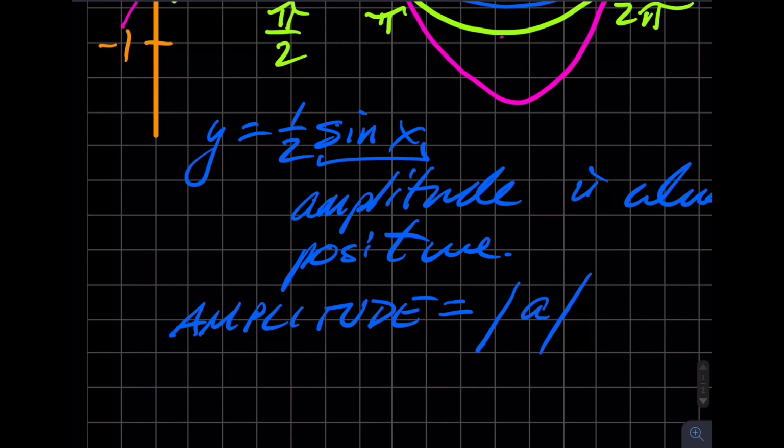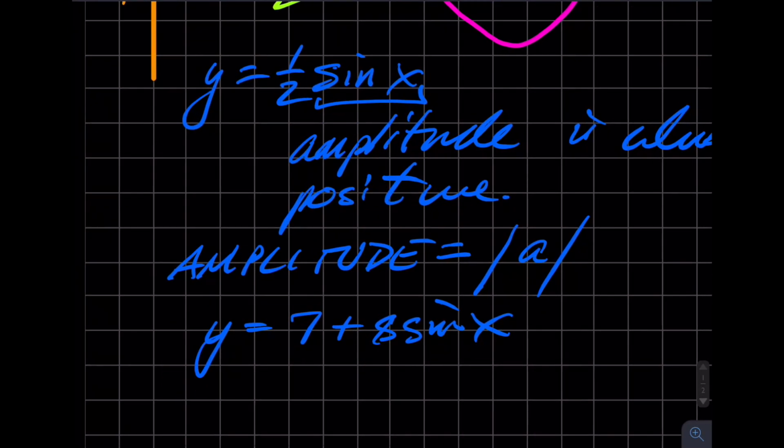The problems we have, they'll arrange the vertical translation term, they'll put it up front. They'll provide you things like this: 7 plus 8 sine x. And they're going to ask you what the amplitude is, and I've seen too many students say the amplitude is equal to 7. Well, it's not. It's equal to 8. It's the coefficient of the trig function,